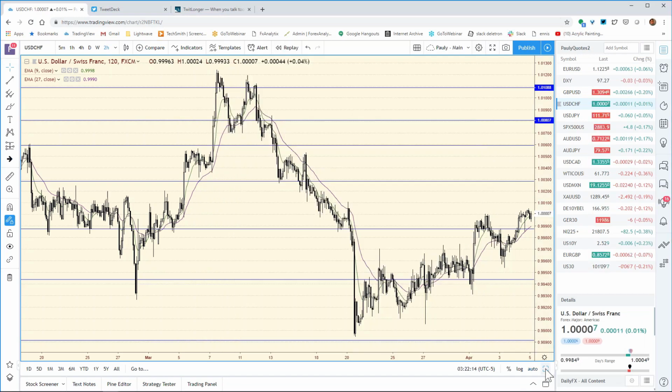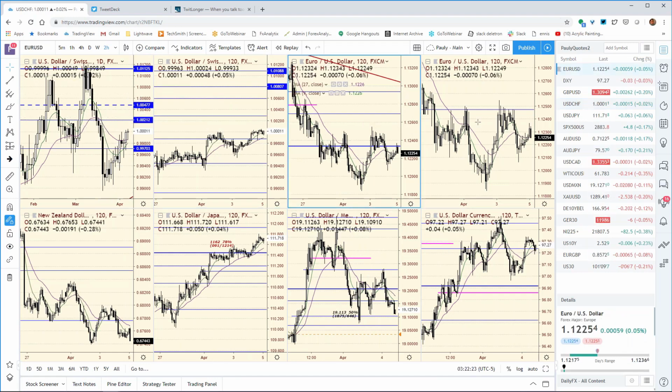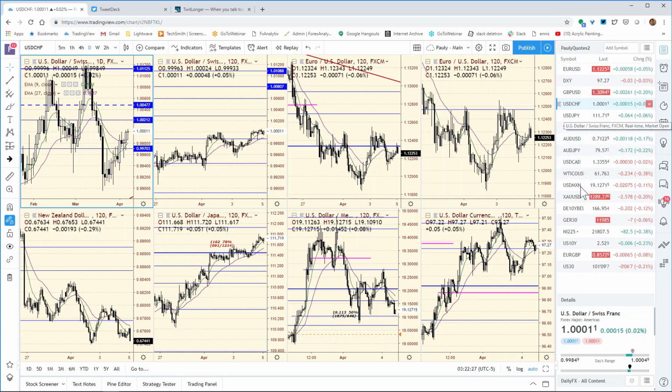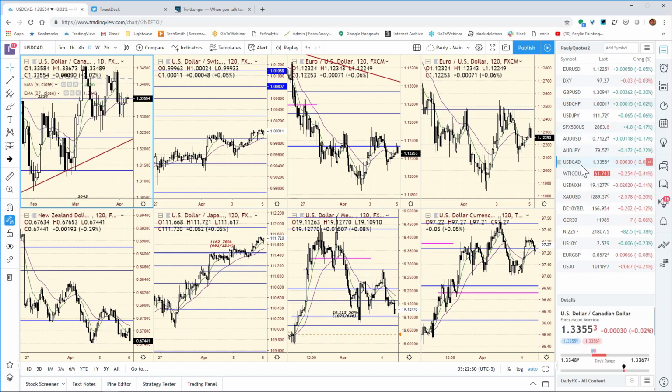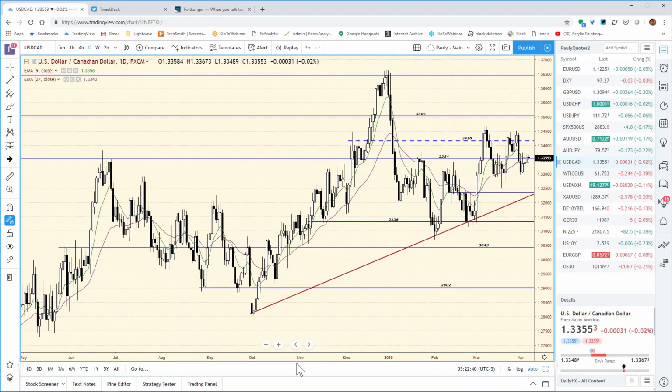From here, we're going to move on to the dollar CAD. Now, we do have Canadian jobs out this morning. So we have both sides on a tug and pull. Canadian jobs due out today. U.S. jobs due out today. Crude oil may be starting to give up a little bit of its upside momentum. It's certainly not falling apart, but